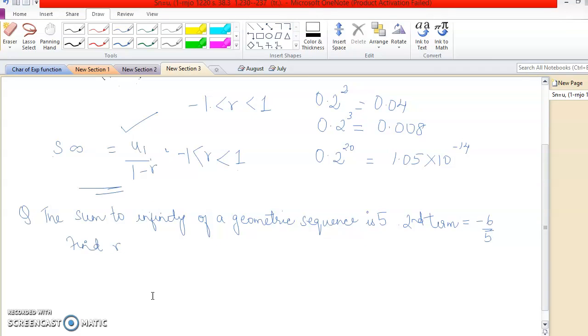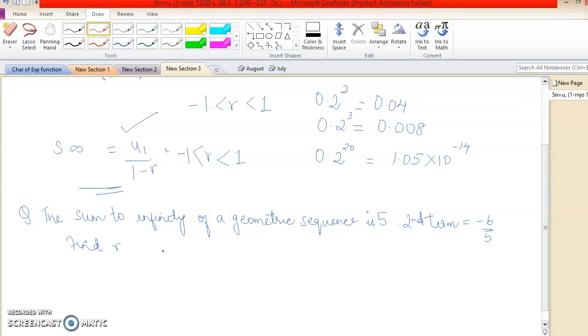So let's take an example and see if we've understood the whole concept here. The question here is, the sum to infinity of a geometric sequence is 5. We have been given that the second term is -6 over 5, and we are expected to find the common ratio here. Now, in terms of the information that's been given,